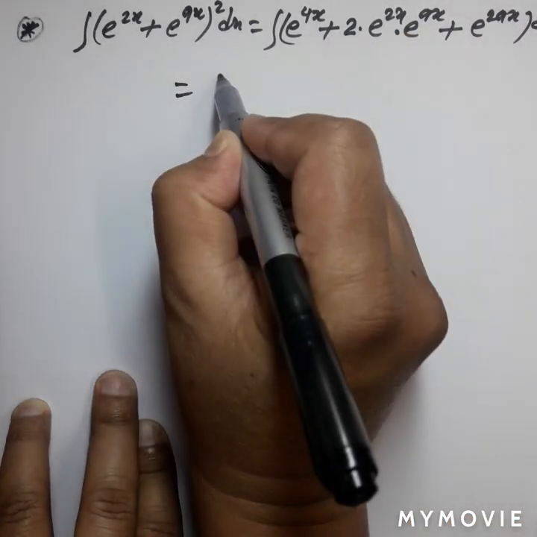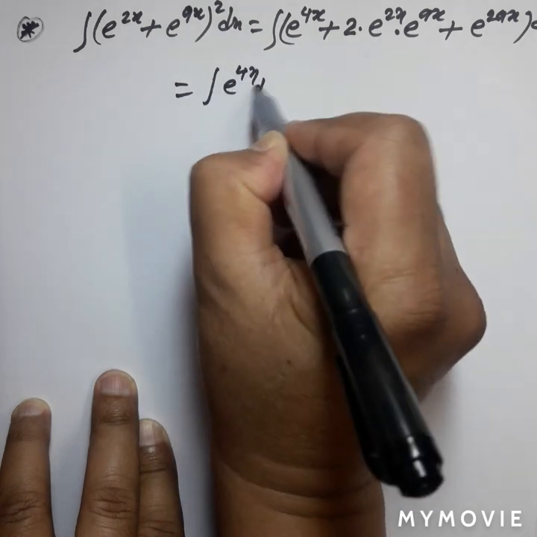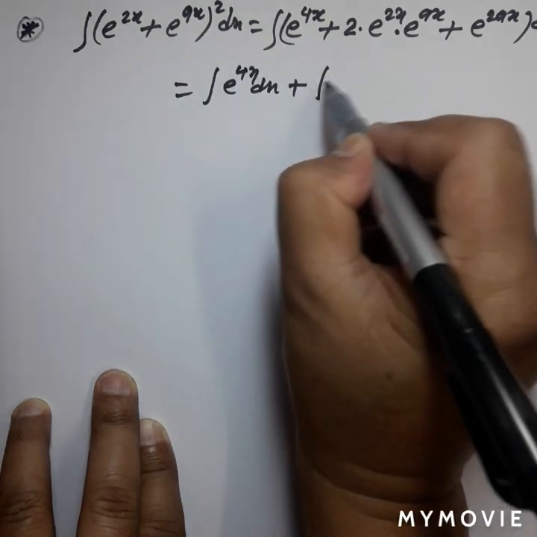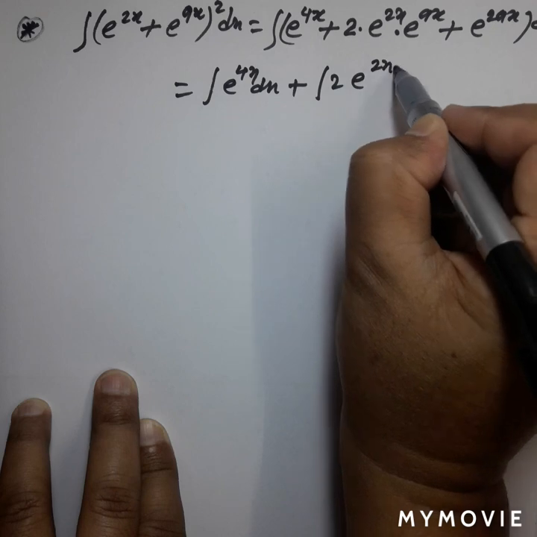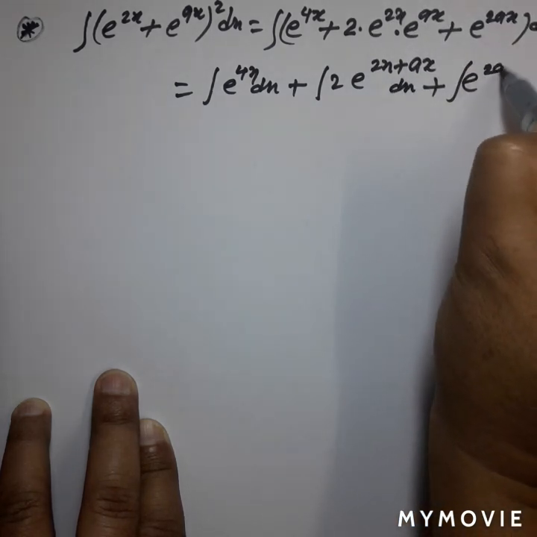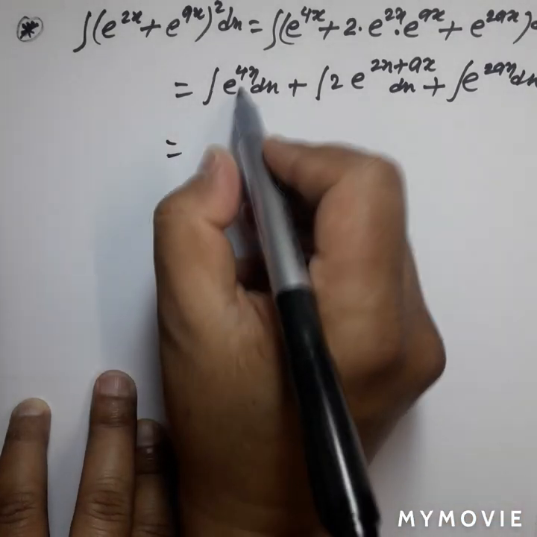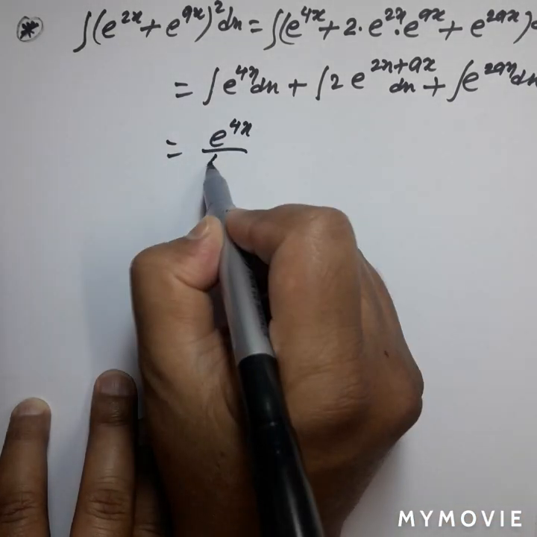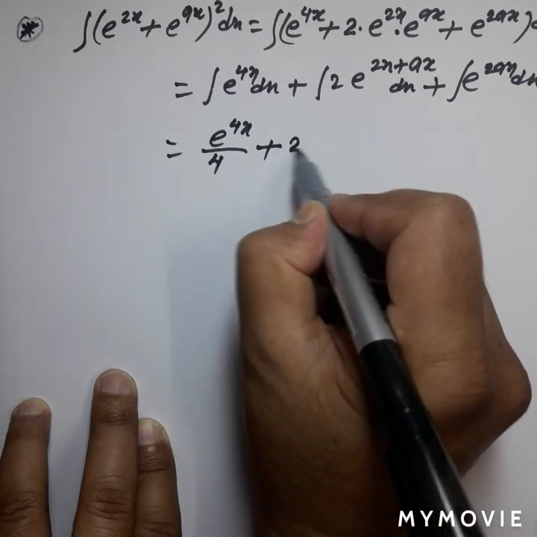Now we can separate the terms: e power 4x dx plus 2 e power 2x plus ax, we can add powers, dx, plus e power 2ax dx. Now its antiderivative is e power 4x by 4 plus its antiderivative is